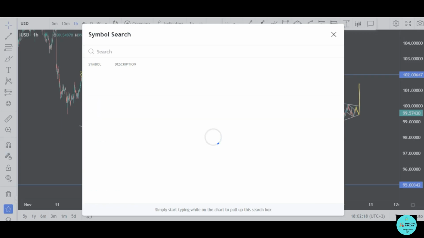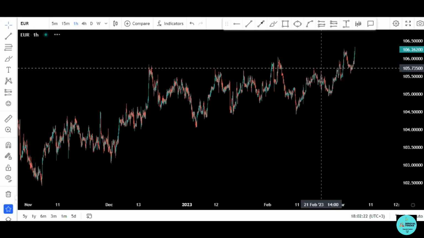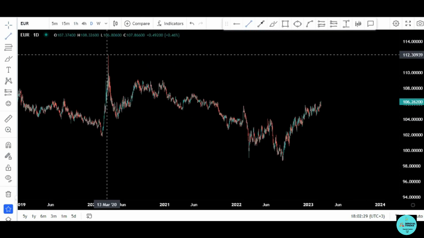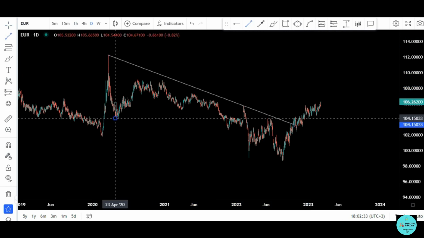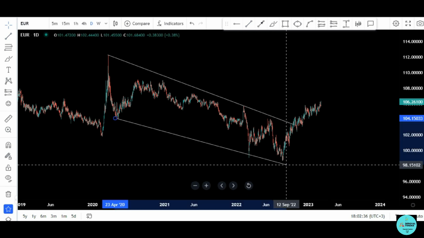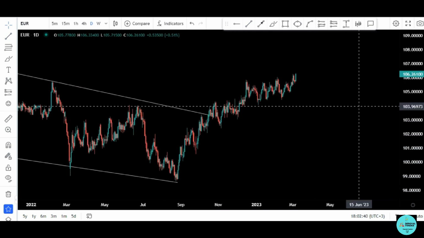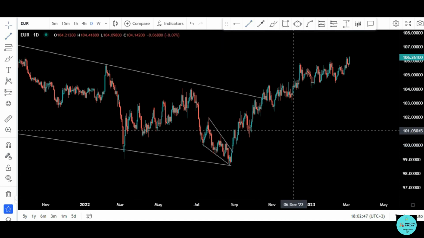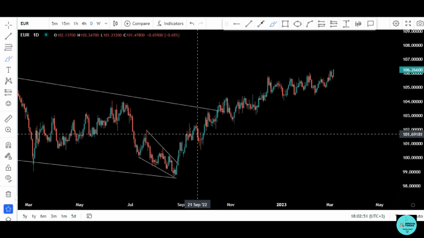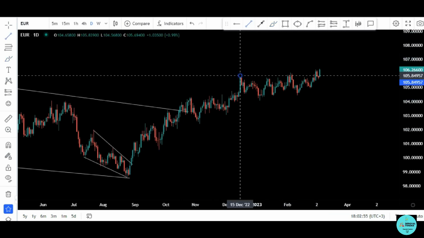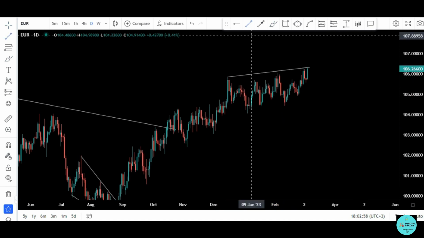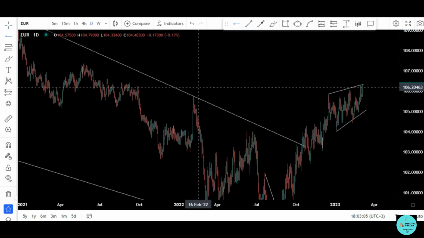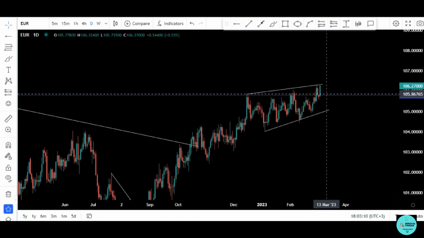Also, if we look at Euro index, okay, by starting daily time frame, we also can see that USD was also going buy direction. We can see here a descending channel and then impulse. So if we look at this here, we can see that now Euro is also making a large correction, but also it did break this double top. Okay, but